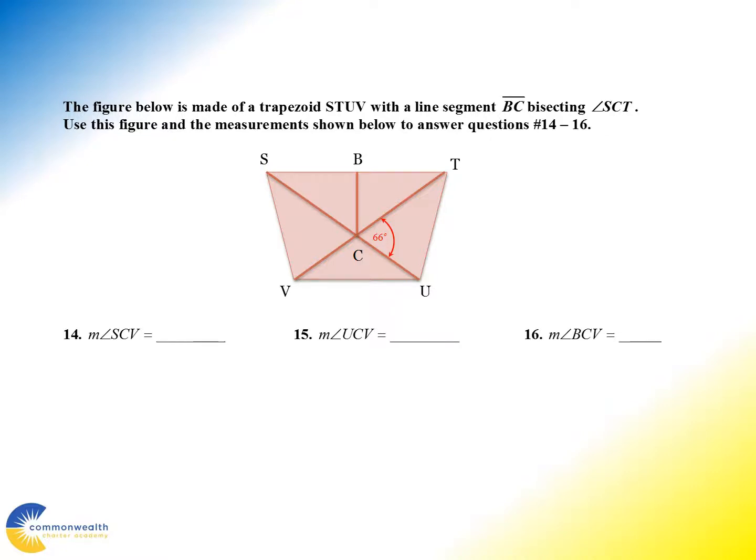So you're told you have a trapezoid. It's made up of STUV. Line segment BC bisects angle SCT. And for our purposes, that means I should already know that these two angles would be congruent to each other, because that's what bisect means. If we want to use that information in this figure to help us find the measurements of these, we do know the measurement of angle TCU,